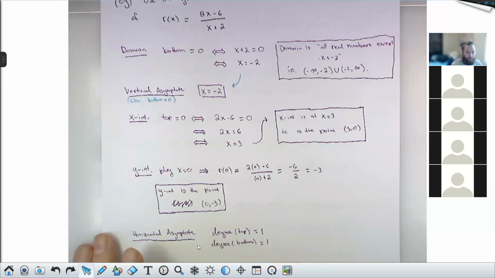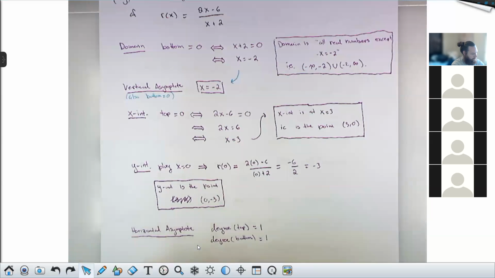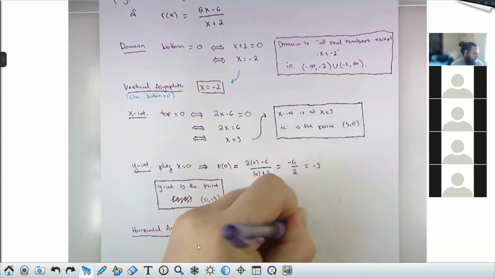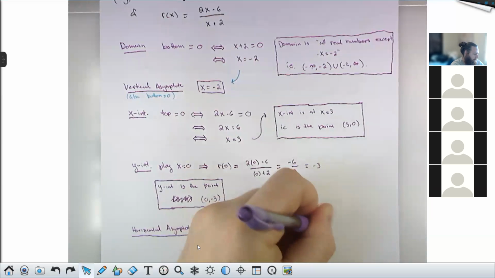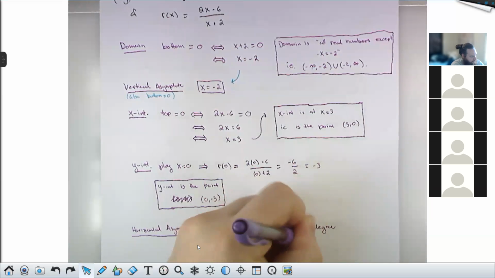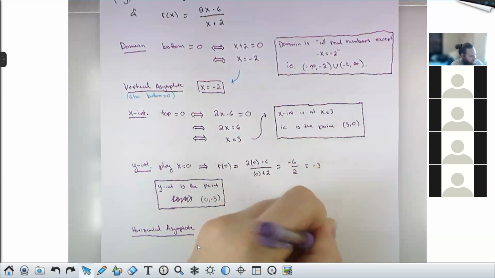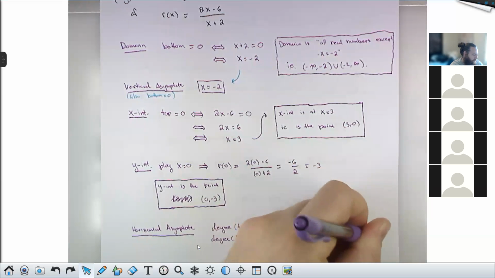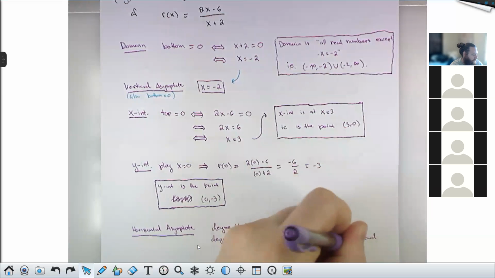Those are both linear polynomials. So, because these are the same, that tells us that the horizontal asymptote is the line y equals the ratio of lead coefficients,